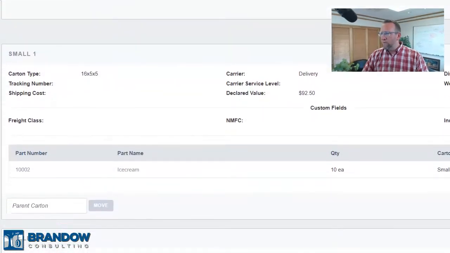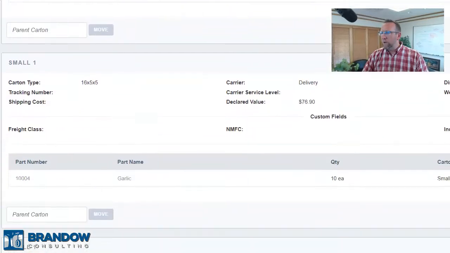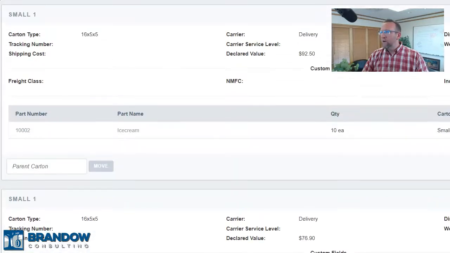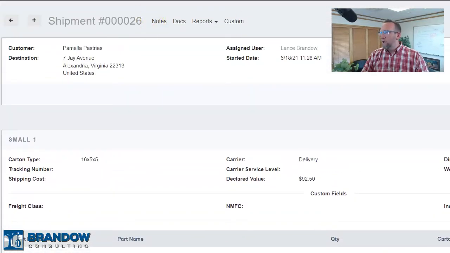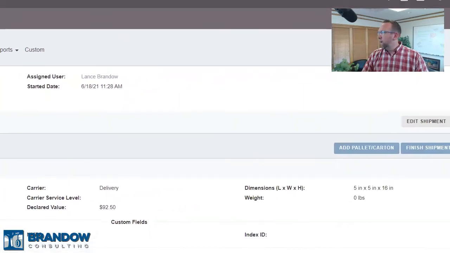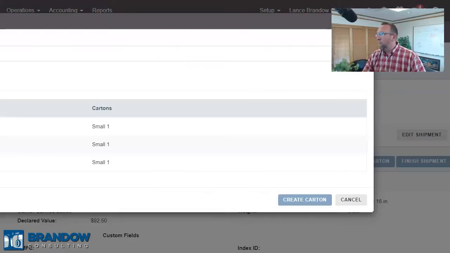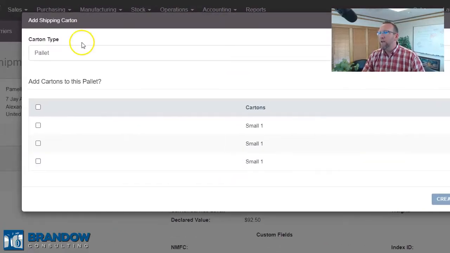If I scroll down, we see here's package 1, package 2, package 3. This package has a couple of things in it, and it's already packed and in their cartons. And what I can do is combine them all with this button right here, add pallet or carton. So I could combine all these and wrap them together, call it one carton, or I could call it a pallet. What I've done here